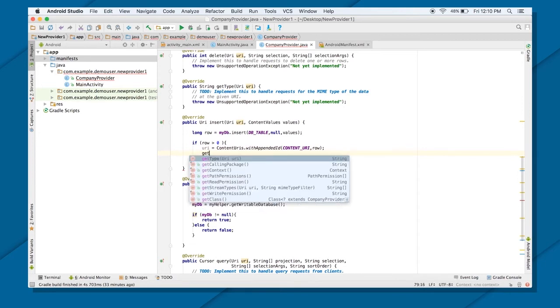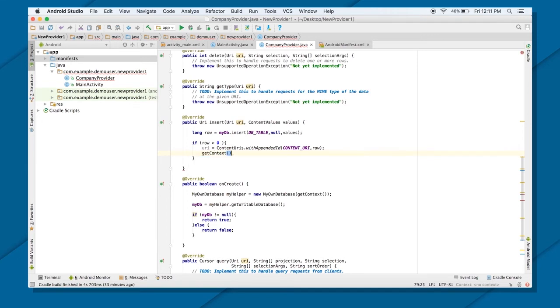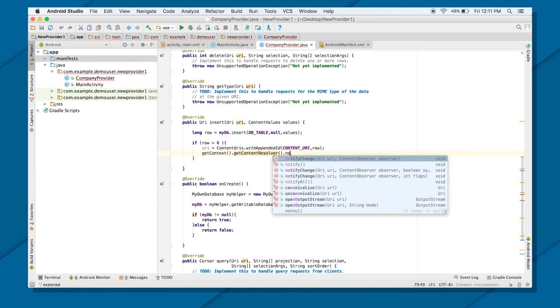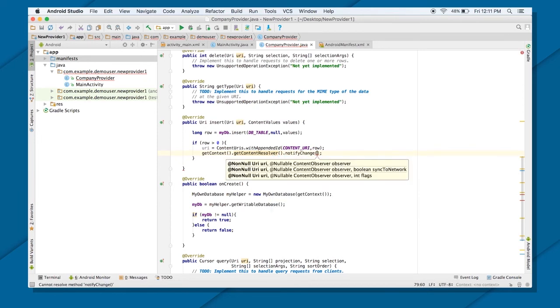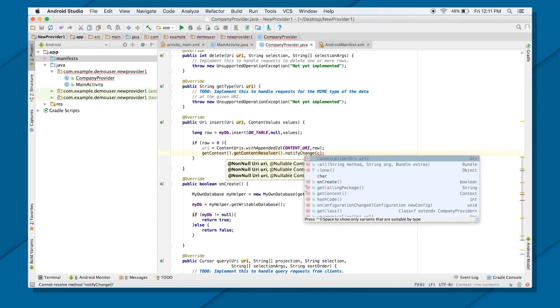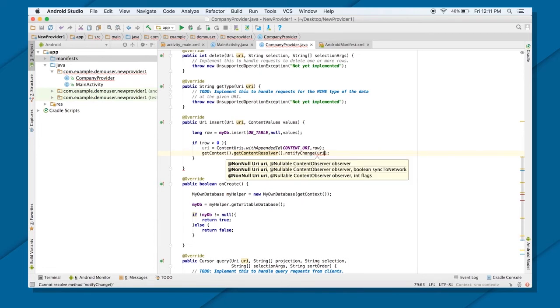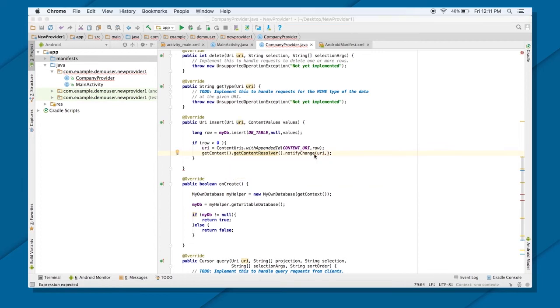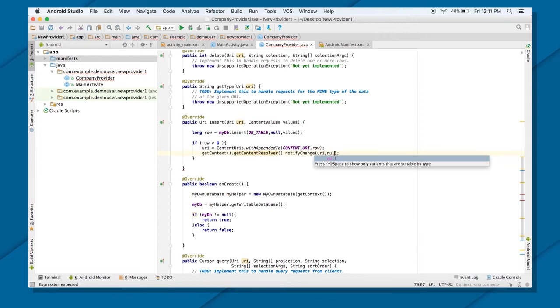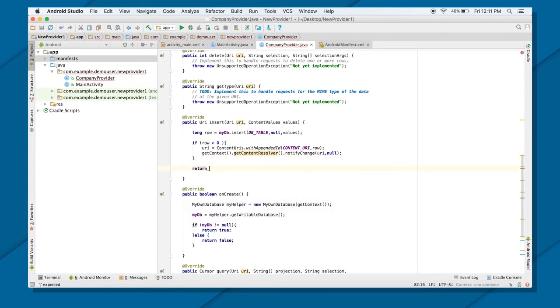Next, you need to notify your content resolver with that. First, get context dot get content resolver dot notify change. Notify the change with that URI, and then provide the observer. I don't have any observer object right now. That's it. So this will add and just return this URI now.